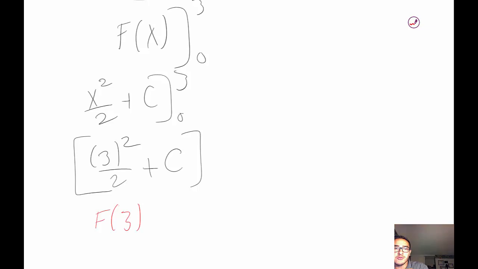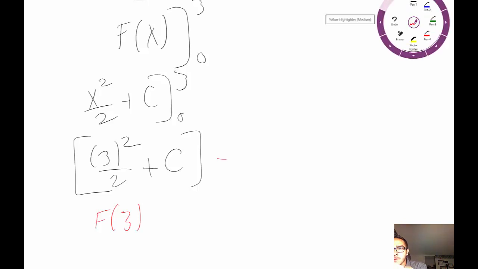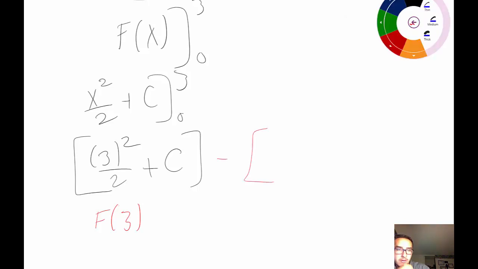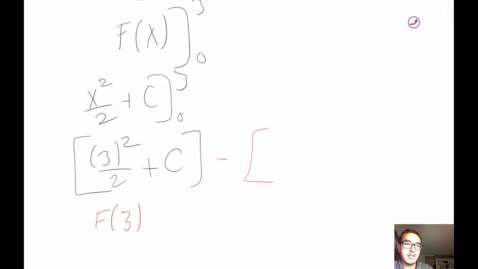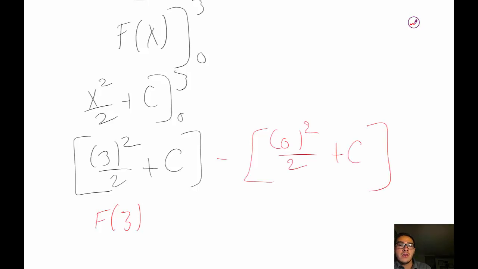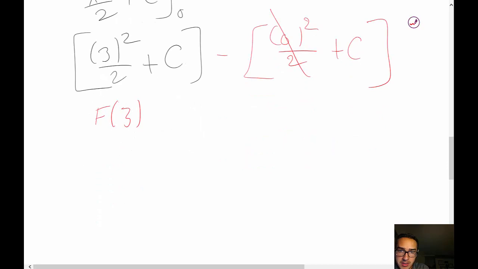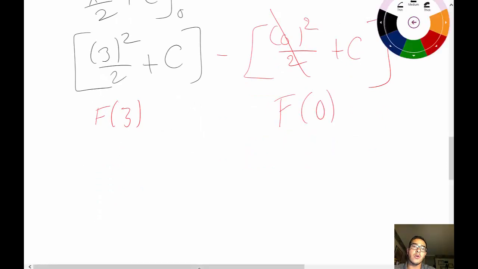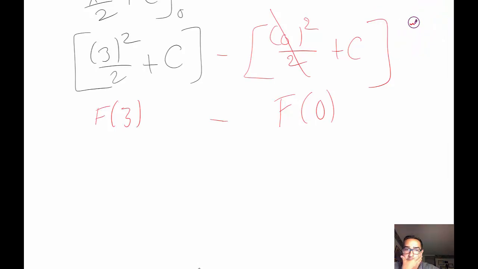And you're going to subtract that from, take the difference, and you're going to evaluate this big F of x at x equals 0. So that's 0 squared over 2 plus c, which is equal to just c. And we know that this is capital F of 0. So we take the difference,